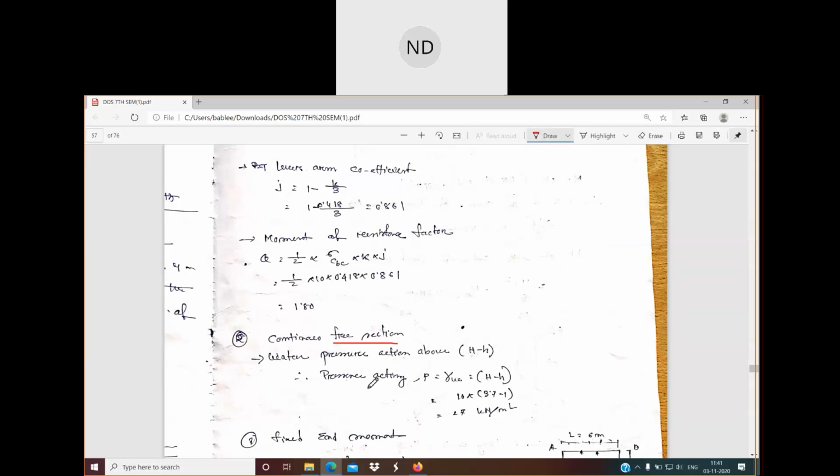Here in the continuous frame section we know what our water pressure is which is acting, because you see here, I'll draw and show you. Wait, constants we have done, right? So now if I show you, if I draw this annotations here,